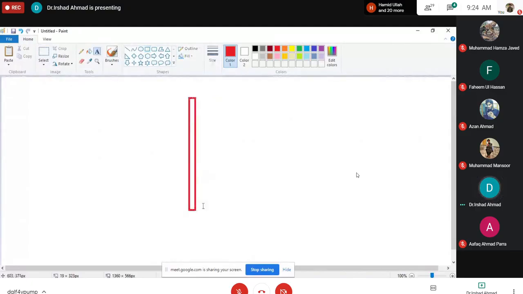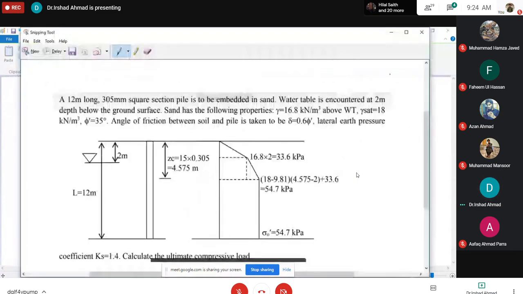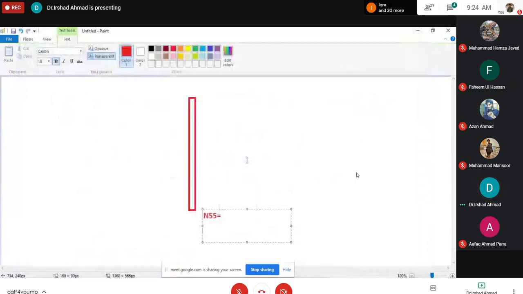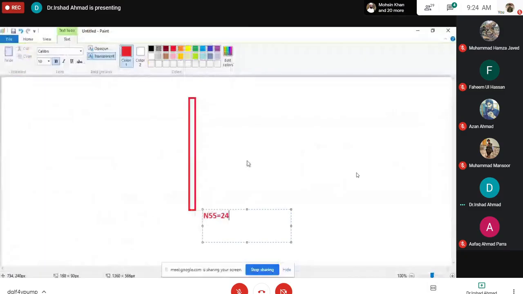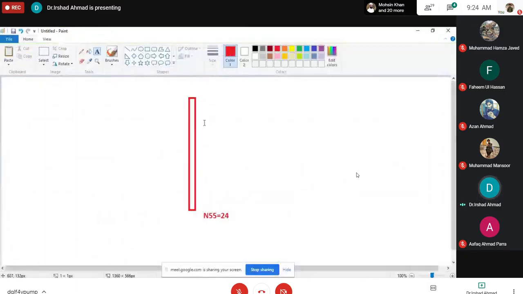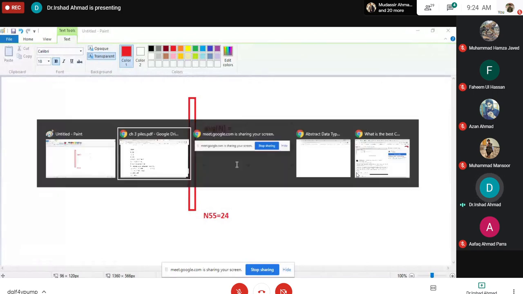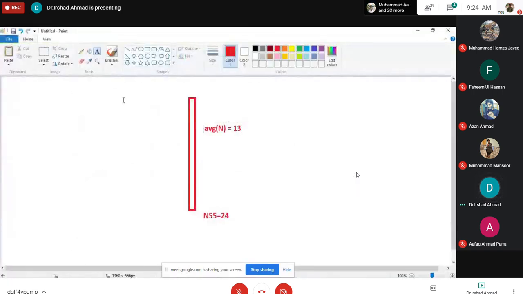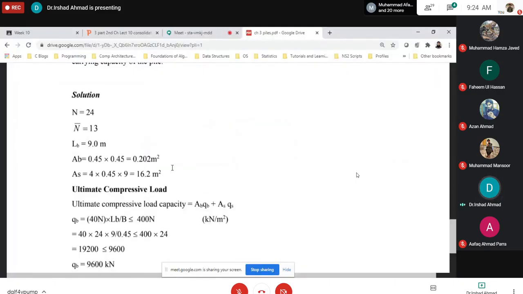At the base, you are given N equal to 24, and the average N for the pile length is given equal to 13. The pile length is, I think, 9 meters,